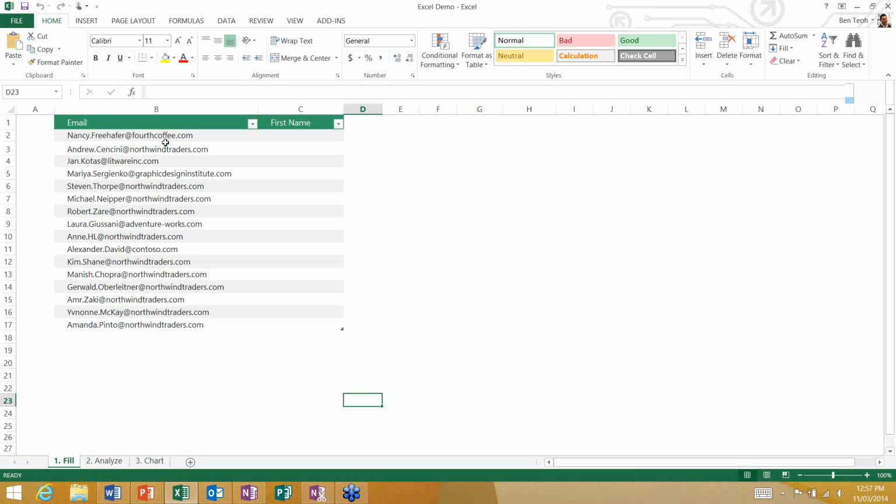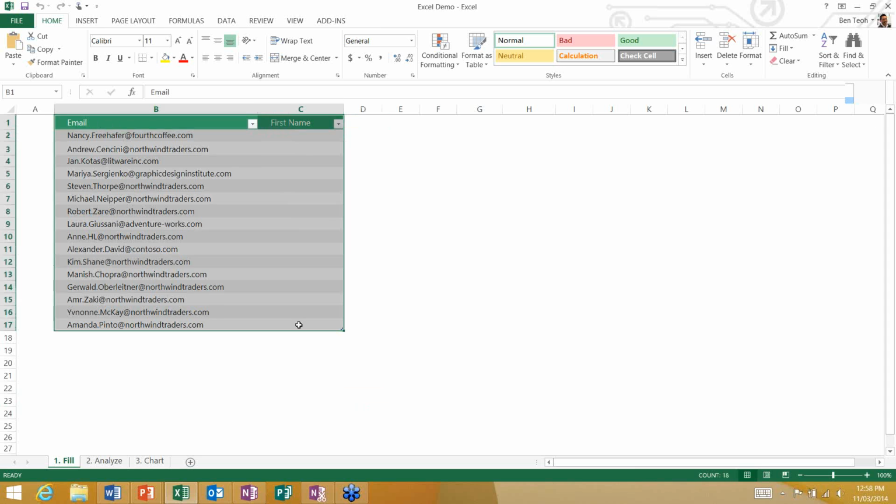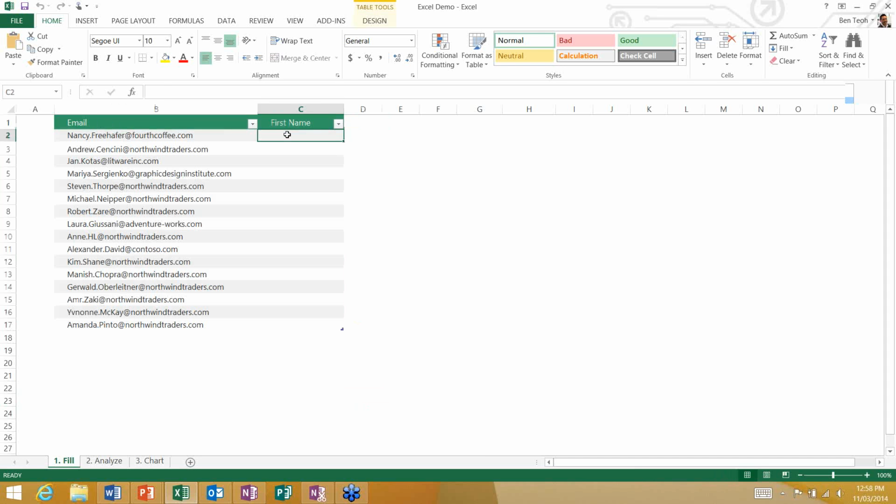So here we go. We've got a spreadsheet and a bunch of email addresses here, but I also want to break this down into first names. I could also do last names and domain names or whatever. Traditionally, what you would have to do is type out, okay, Nancy Freehafer will be in the surname, and then do that for each individual one. That's just time consuming. But now with flash fill, Excel is quite intelligent, and it'll work out what you're trying to do and help you out. So if I go here and click Nancy,